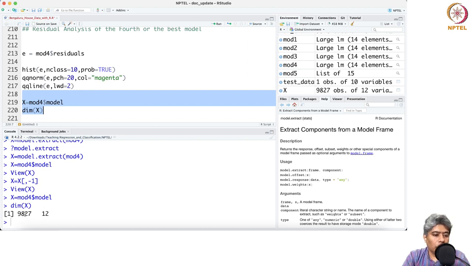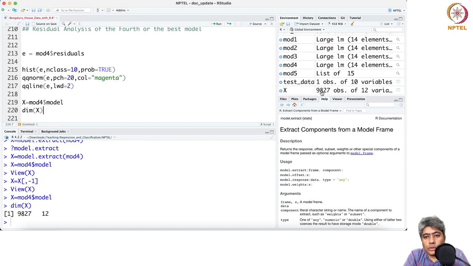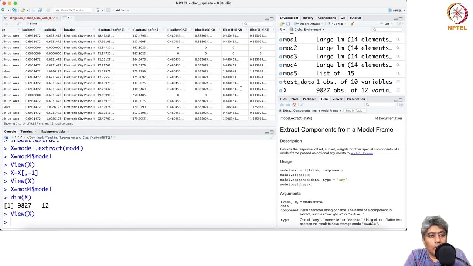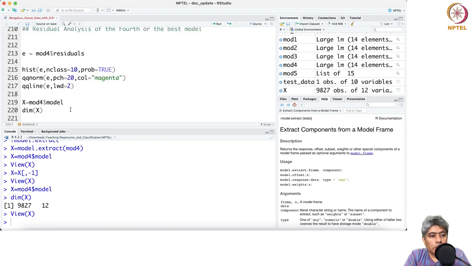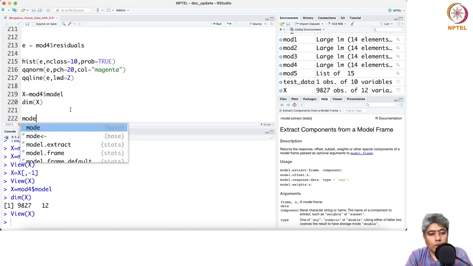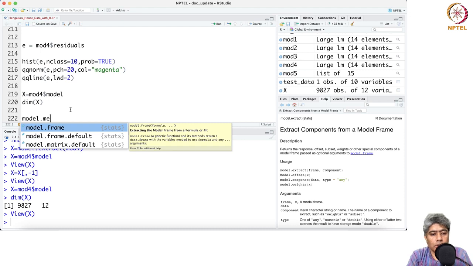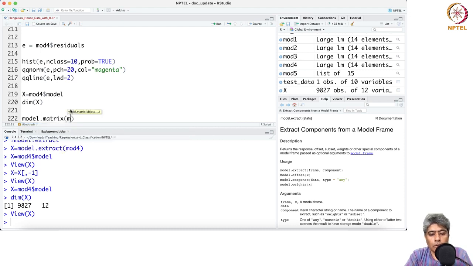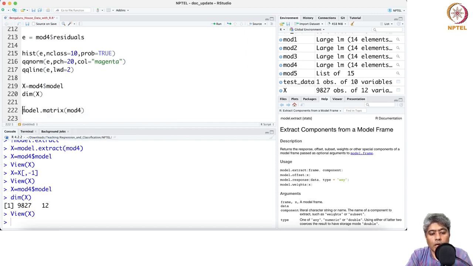So 12. You have 9,827 training samples that model 4 has used, and there are only 12 parameters. But if you put all the locations, okay, that is where you need the locations, fine. All right. So model dot matrix, mod 4, I think if you just say x,